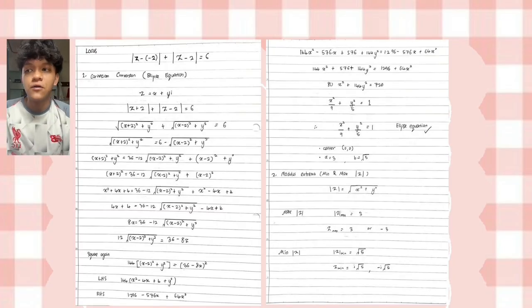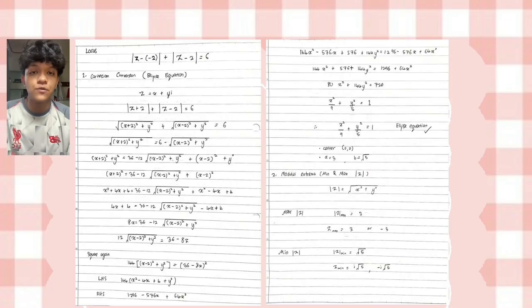To find the locus of the complex point z defined by |z plus 2| plus |z minus 2| equals 6, we first substitute z equals x plus iy and perform a Cartesian conversion, squaring both sides twice to eliminate the radicals and arrive at the standard ellipse equation x squared over 9 plus y squared over 5 equals 1. This reveals a center at (0, 0) with a semi-major axis a equals 3 and